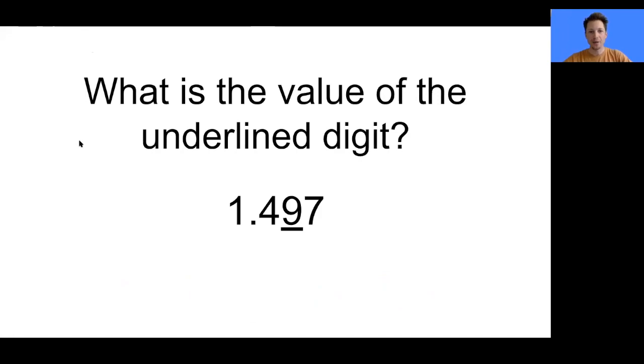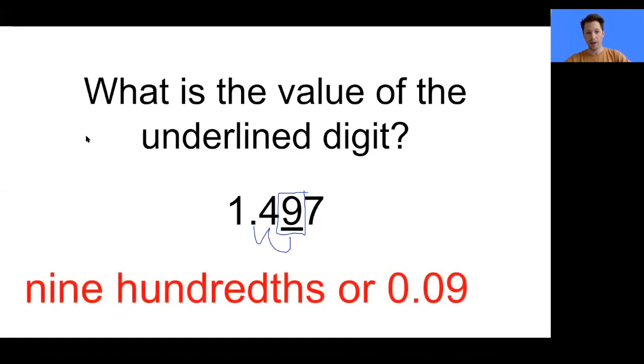Next, what is the value of the underlined digit? So again, the same question. What I like to do is circle the number that's being underlined and count how many spaces to the right of the decimal place it is. So this is 1 and this is 2. Now, if we know that one space to the right of the decimal is the tenths, then two spaces to the right of the decimal is what? If you said the hundredths, you're right. So the value of the underlined digit 9 is 9 hundredths, or